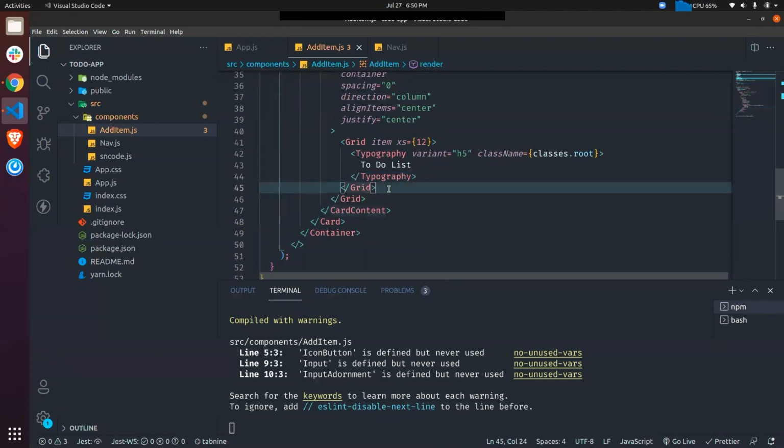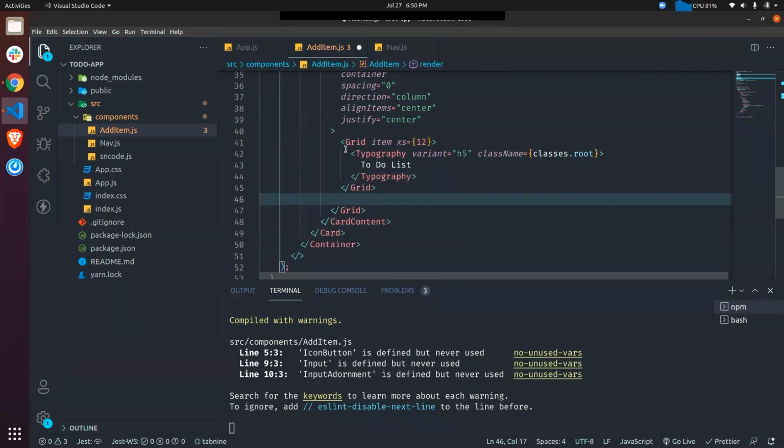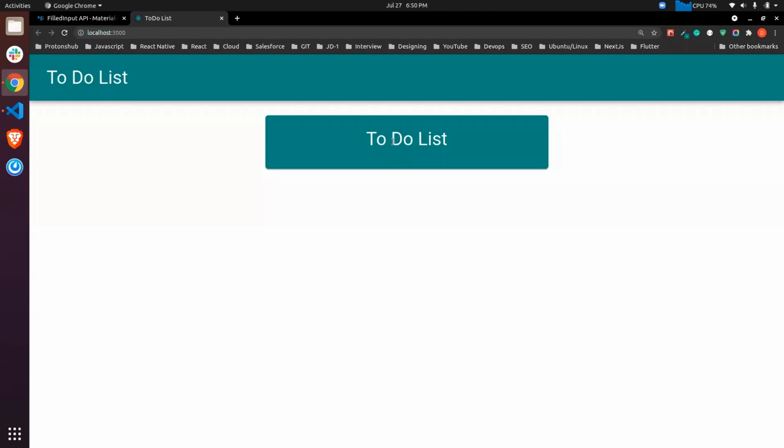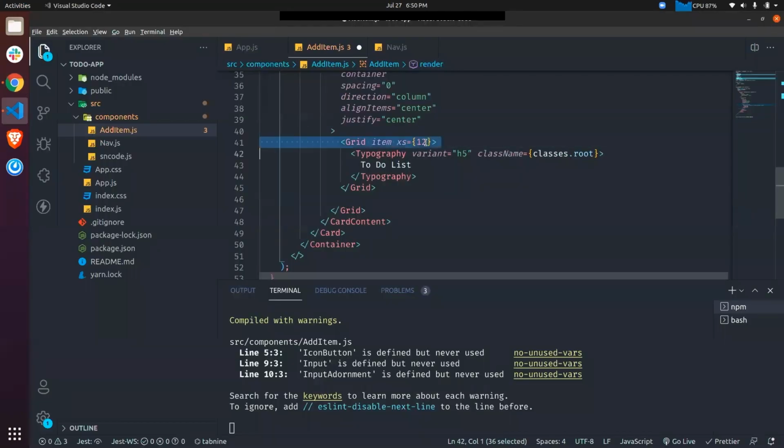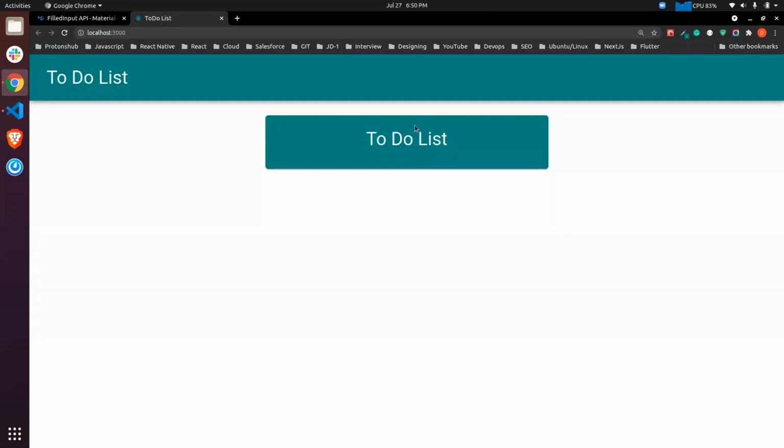If you want to see how much space this grid is taking, we have given the grid of 12. So 12 means the whole container. For this particular grid, the whole page is this whole card, right? If you want to divide it by 12, all this particular space will be divided by 12.